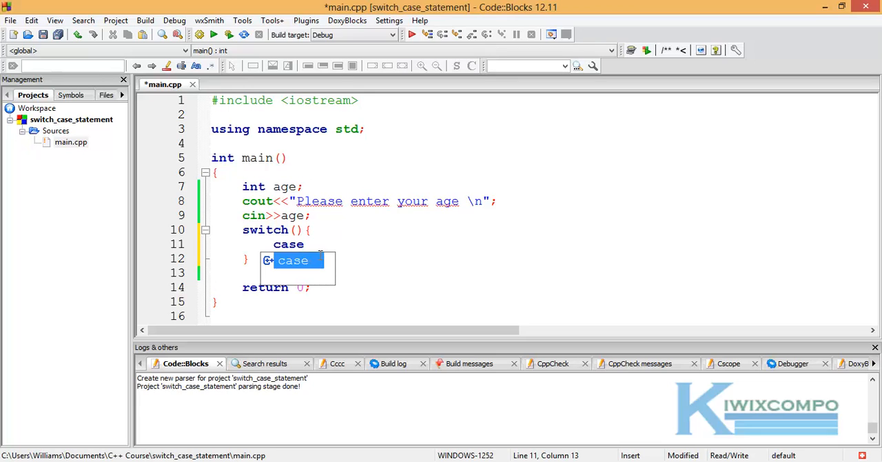So case, it means in a case where, let's say, switch. Now the integer variable is age. We don't need to put int again because the compiler already knows that this variable is an integer, so we just put the variable name. So case age: in a case where the age is 15,